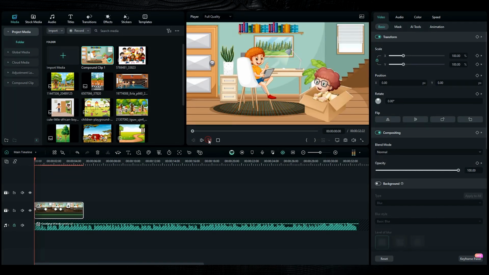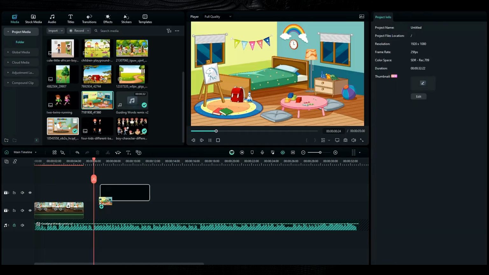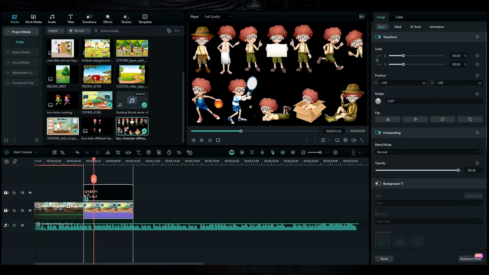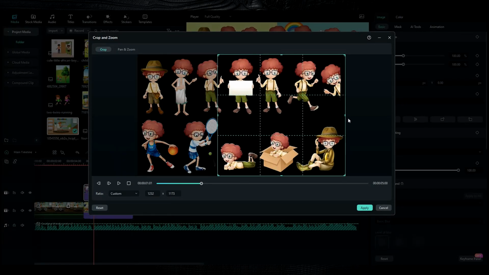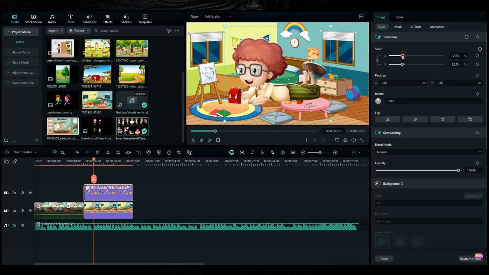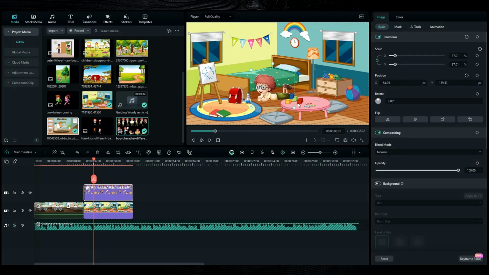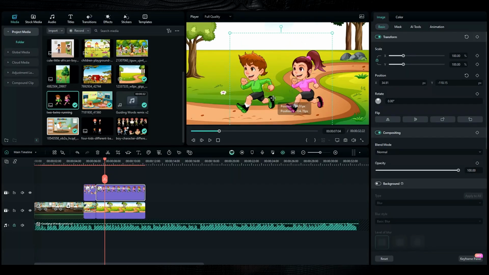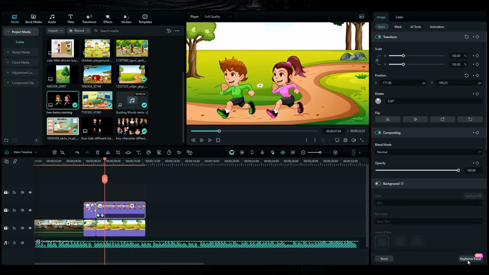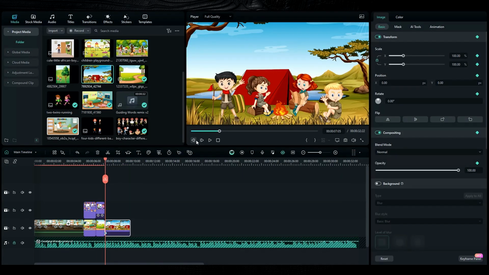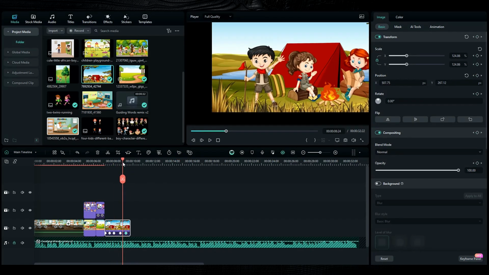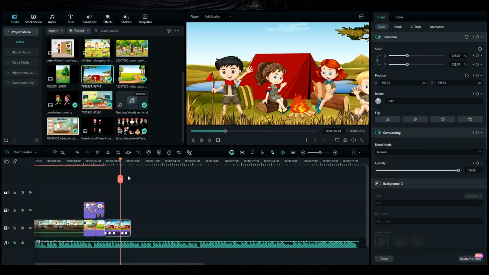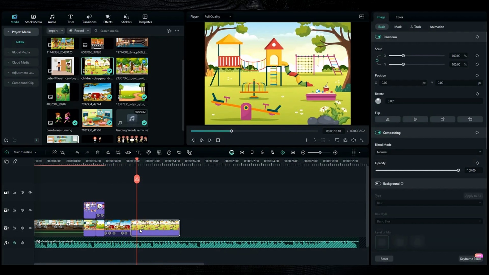So now we'll animate the next lyrics as well. For under the bed, we'll set the background we chose for that scene and adjust the character positions accordingly. So we'll follow the same process, set the keyframes to create smooth transitions and make sure the character sits well within the background for a cohesive look. So in this way, we'll keep adding backgrounds and characters according to the lyrics, and we'll animate them gradually with keyframes or using pan and zoom.